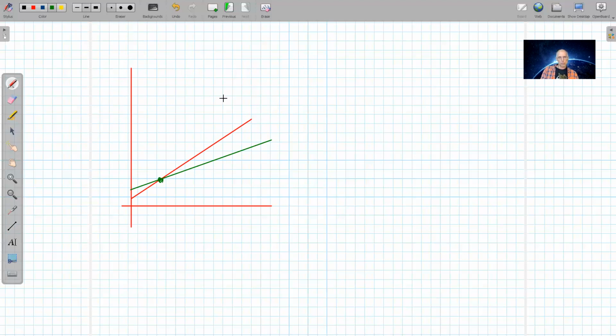So here's a super simple version of solving an equation. Let's suppose that the green line is y equals 1/2 x plus 2, and the red line is y equals x plus 1. If I want to find this point of intersection here, I can just set these two equal to each other. So when does x plus 1 equal 1/2 x plus 2? I just set them equal to each other because they're both y equals, and then do my best to